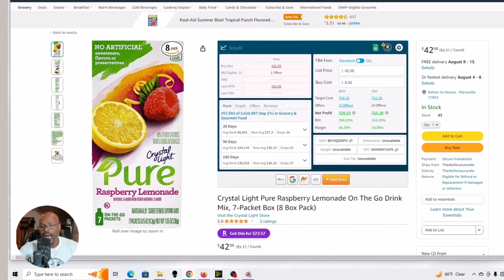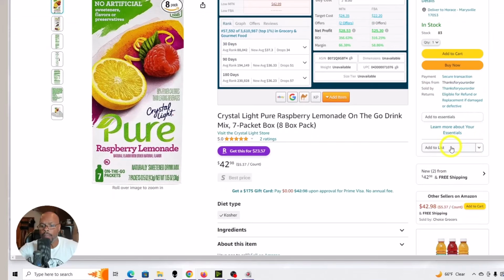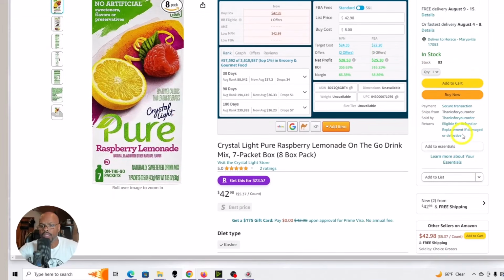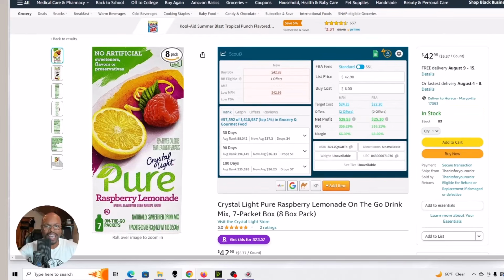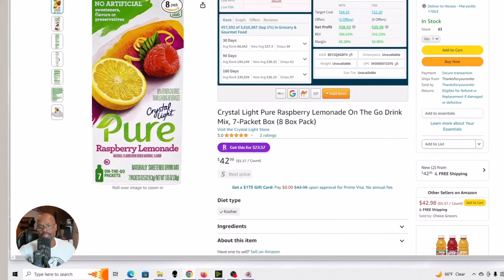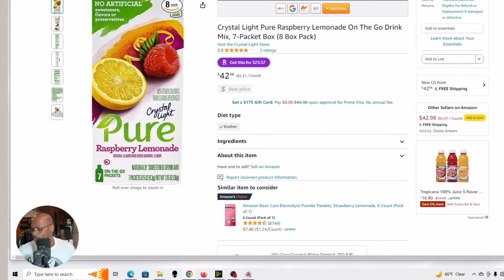Who are they? I like to look at how much their feedback rating is. That gives me an idea of whether it's a new guy, small fry, or an established seller. How many are they saying they have? A lot of times you have to take that with a grain of salt. Are there any FBAs? Is Amazon on the listing? Things of that nature are going to help you to make a decision. Not necessarily keep you off of the listing, but it kind of gives you an idea of how to approach.